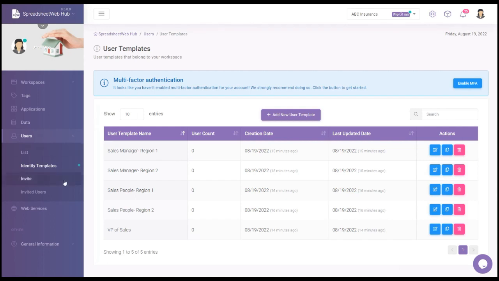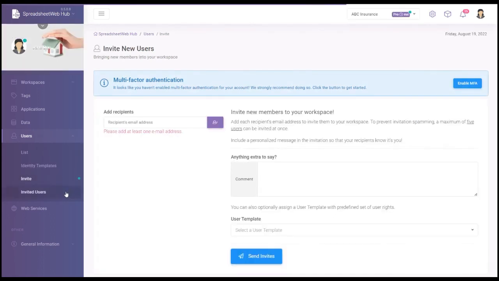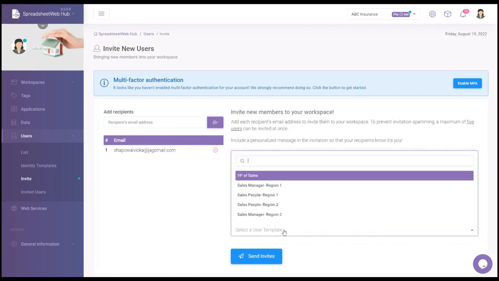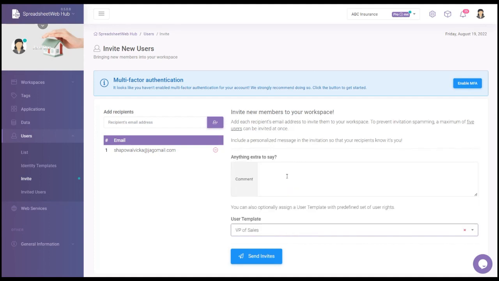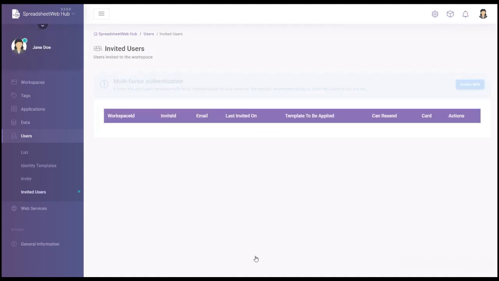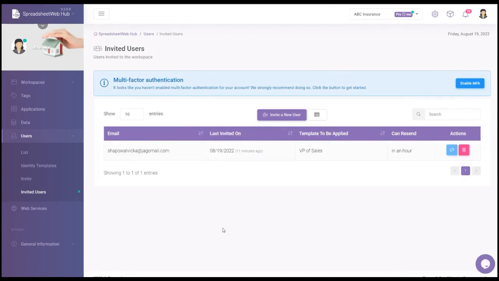After creating identity templates, you can invite users to your workspace. Enter their email and click on Add button. You can optionally add a message to your invitation. Also, you can select identity templates while inviting them to the workspace. Clicking on Send Invites will send them an invitation mail. You can resend or revoke your invitation from